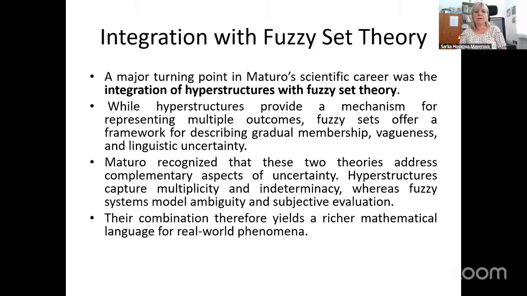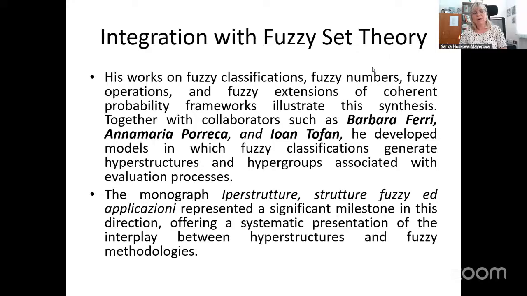Yeah, and we can proceed to fuzzy set theory and how his works were connected with fuzzy classification, fuzzy numbers, and fuzzy operations. This was done mainly with Barbara Ferri, Anna Maria Poreka and Professor Johan Tofan, who together developed models in which fuzzy classification generates hyperstructures and hypergroups associated with evaluation processes. They wrote a monograph